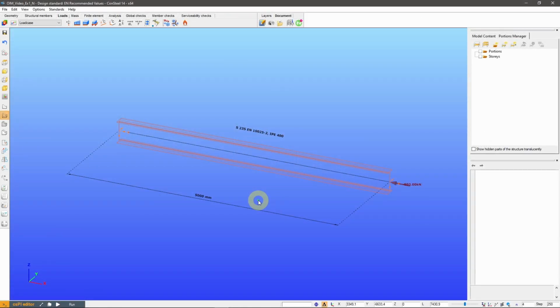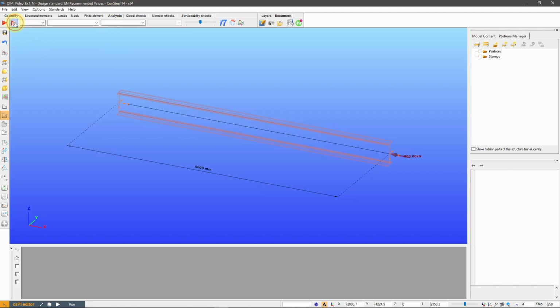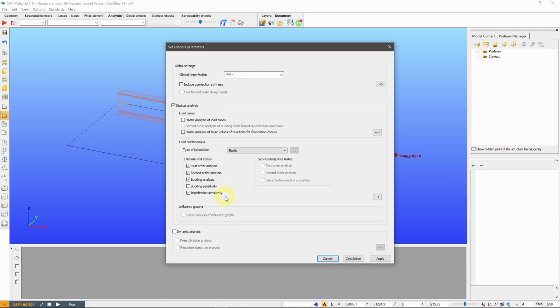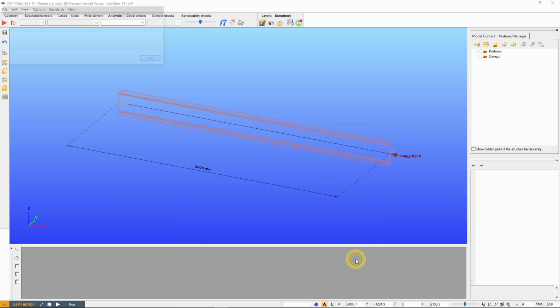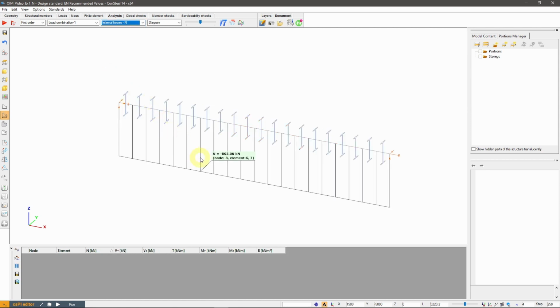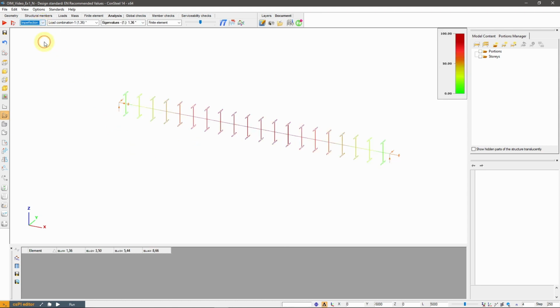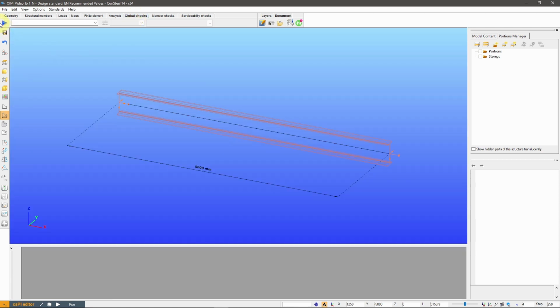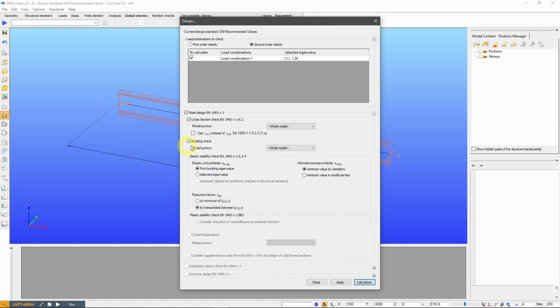Now, let's see some examples in Consteel. We are going to go through examples with increasingly complicated properties to show the capabilities and advantages of the overall imperfection method. This first one is a simply supported prismatic beam loaded with a normal force. In the imperfection sensitivity result, we can see it is 100% in the middle, which means that will be the equivalent point. As a reference, first let's perform the design with the usual general method.